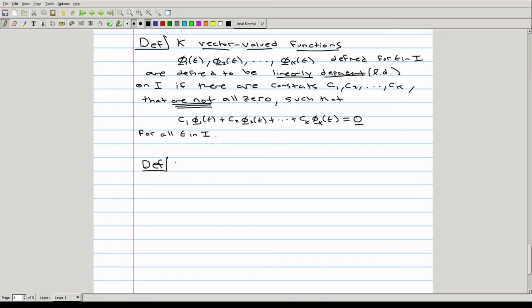We'll say that k vector-valued functions phi1 of t to phi k of t, defined for t in the interval I,